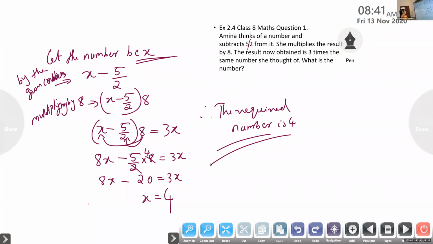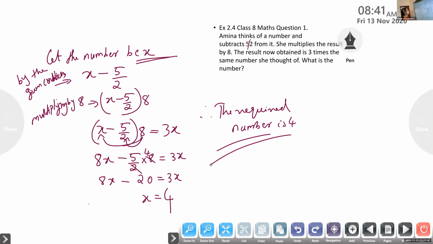Shall we move to the next question? Ma'am, can you explain it once again? Which step do you have doubt? Ma'am, I was absent in the last class, so I didn't understand. Okay. Here, nothing new we had discussed. We are starting from the beginning of this lesson. Solution of linear equations, and we have done many word problems. This is the same type.